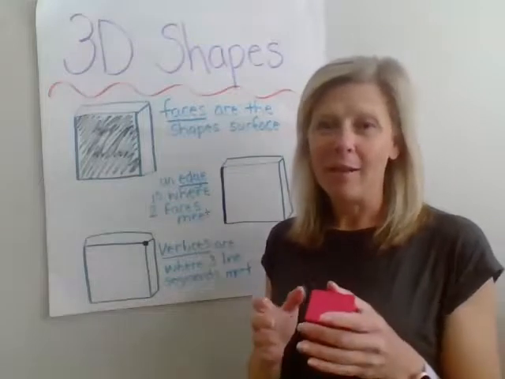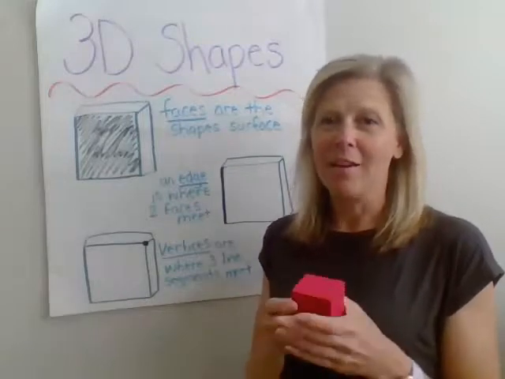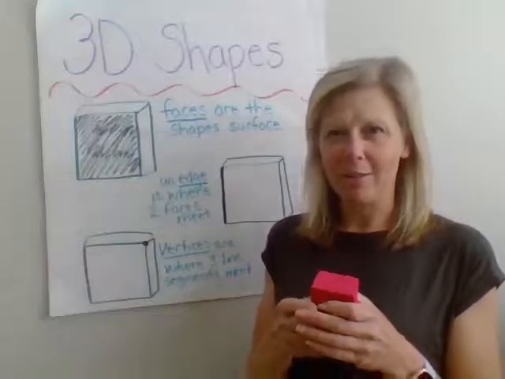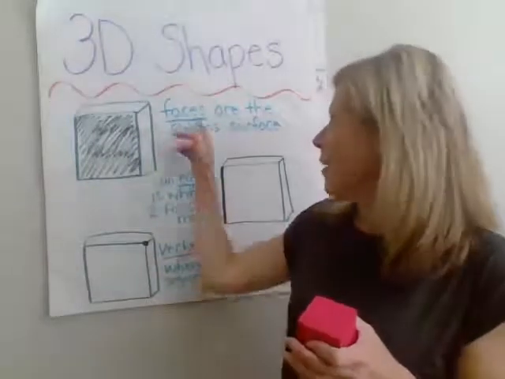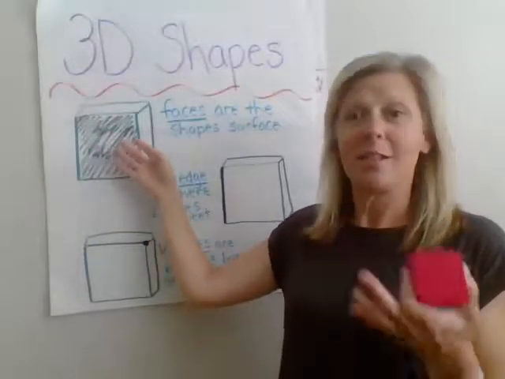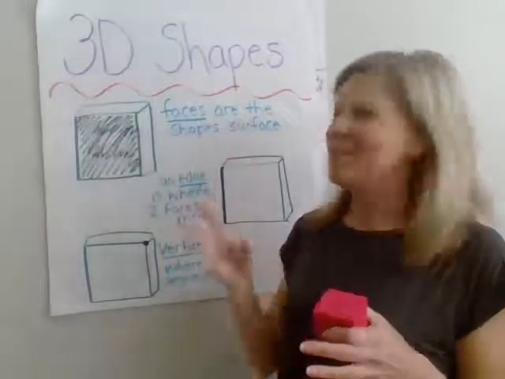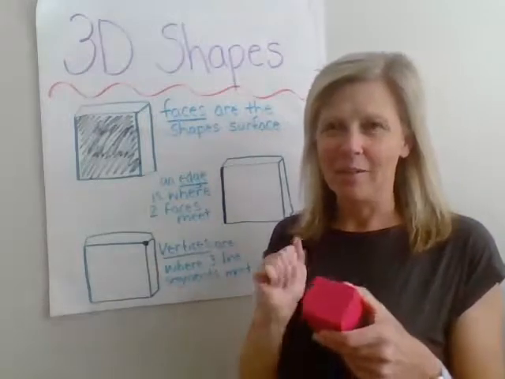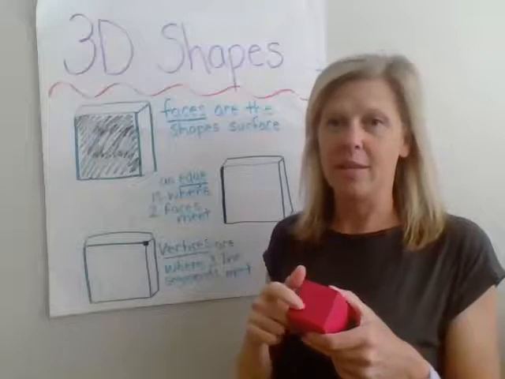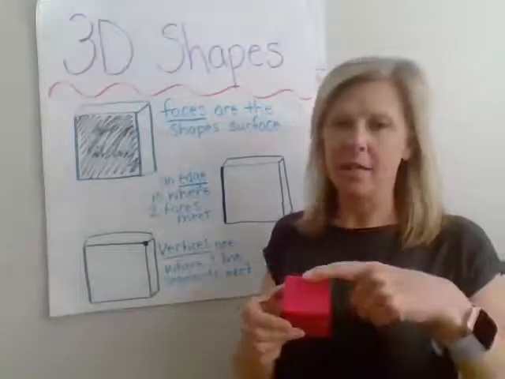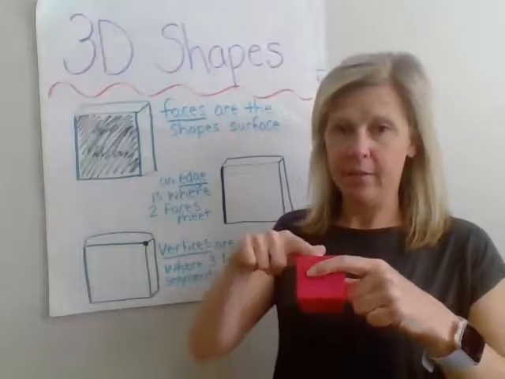But I want to remind us of some of that vocabulary. And when you find your objects from your shape hunt, I want you to think about using that vocabulary. Talking about the faces on all three-dimensional objects, if they have a face, are the shapes on the surface. This shape is a square, so this has square faces on a cube. The edge is where two faces meet, so I have a face and I have another face, and so this